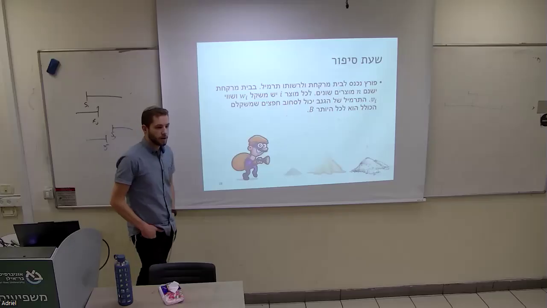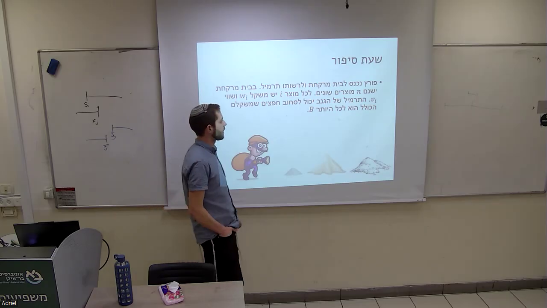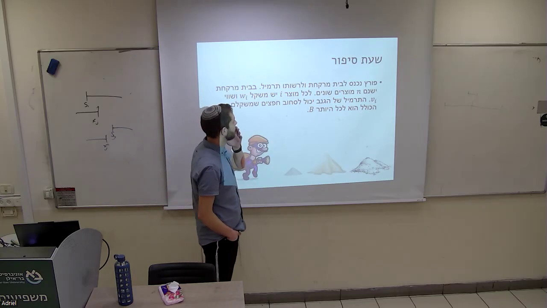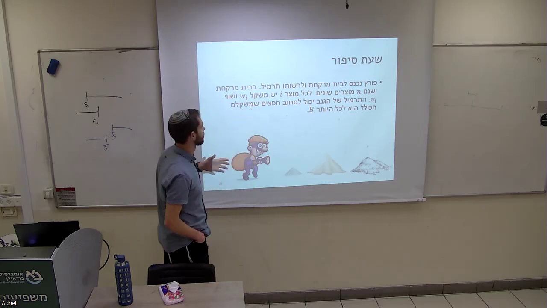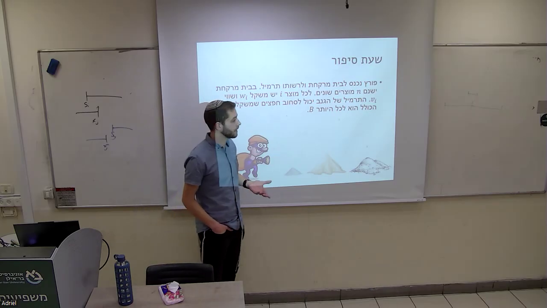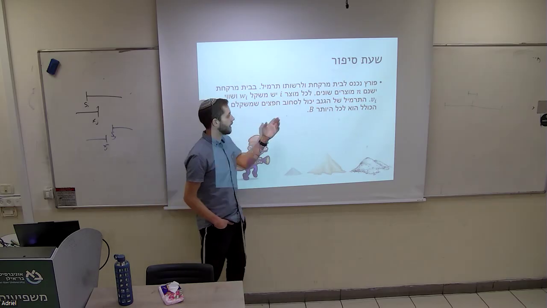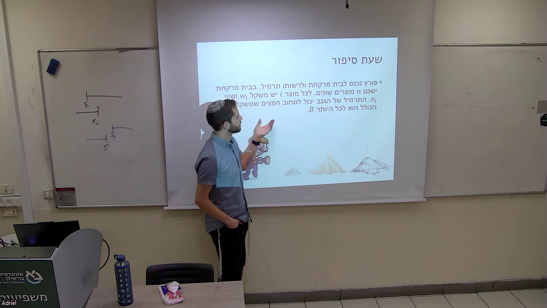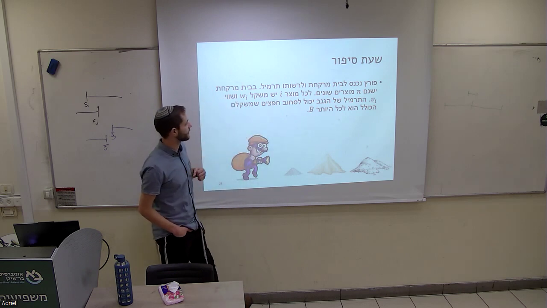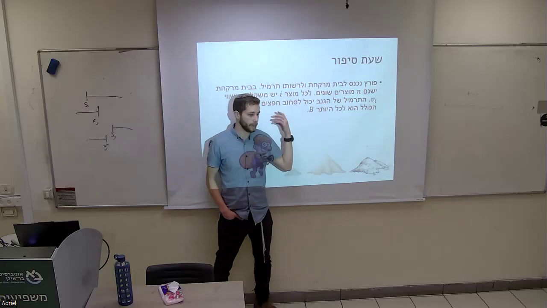So this is the knapsack problem with fractions. Like you can take part of the item. So let's just tell the story. A robber breaks into a pharmacy and he has a knapsack. In the pharmacy, there are n different items. Every item i has a weight and a value, and the robber can take items whose total weight is not more than B. You can only pick items up until B.